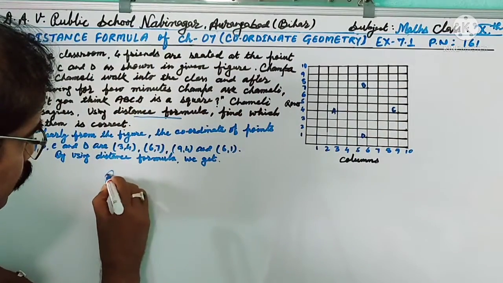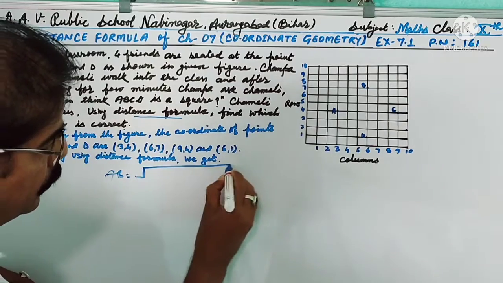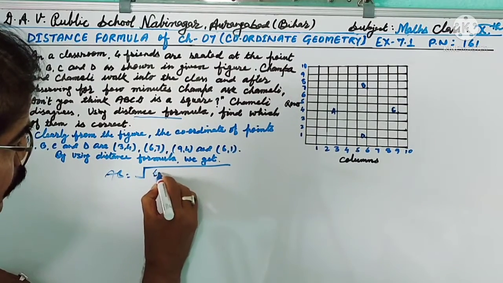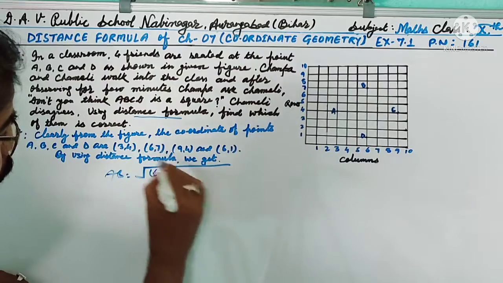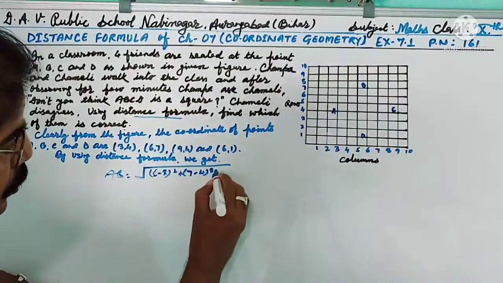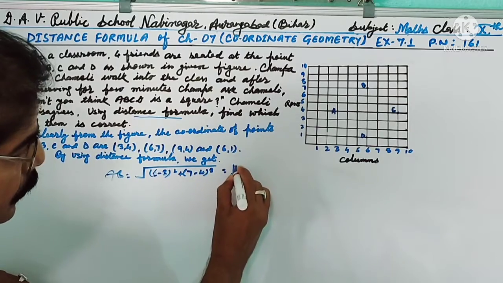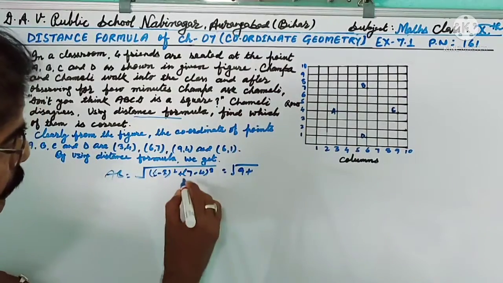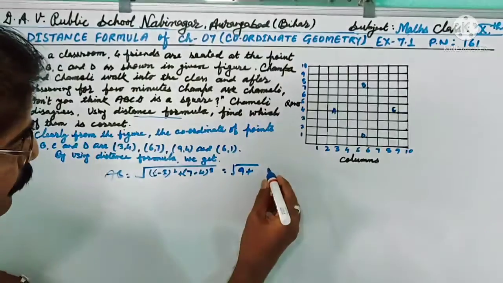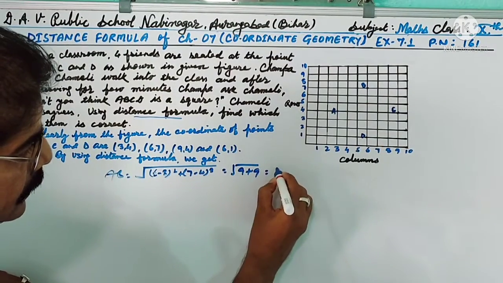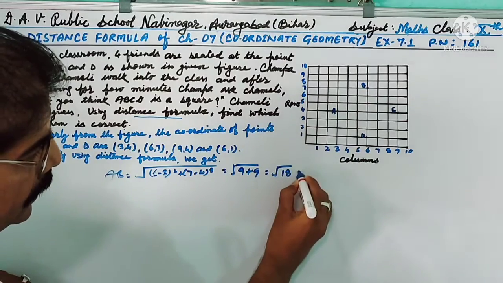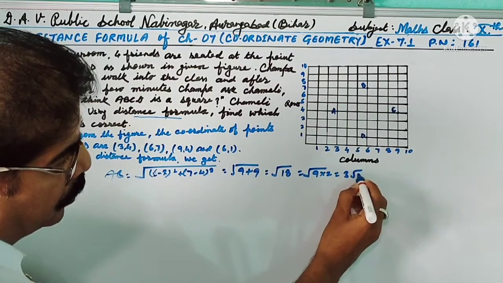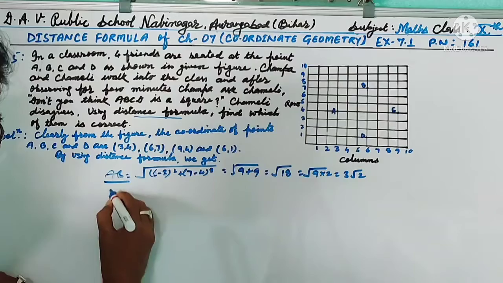AB equals the square root of (6 minus 3) square plus (7 minus 4) square, which is the square root of 9 plus 9, that is 18, which equals 9 into 2, that is 3 root 2. So AB equals 3 root 2 and BC equals